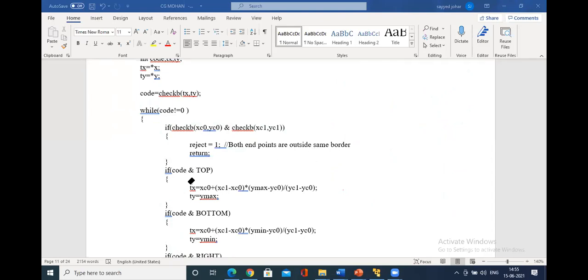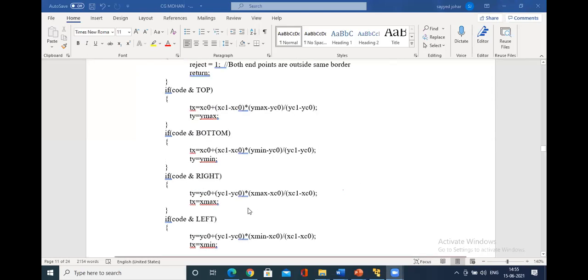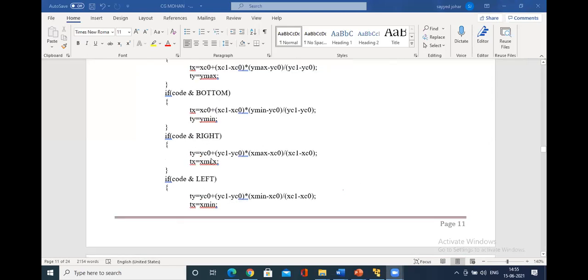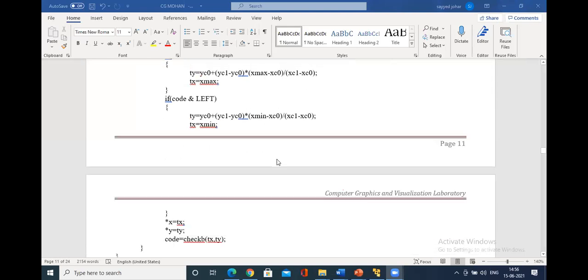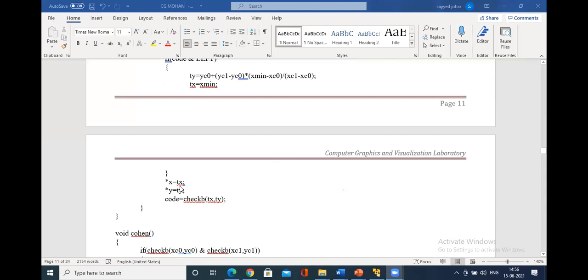This is for the case the line is at the top. This is for the case the line is at the bottom. So at the bottom, how do you clip? This is the direct formula that we have shown you in the PPT for the calculation, where ty equals to clip. If you have solved the problem that I gave for the second assignment, you would understand this program easily. Then finally store the changed value of x and changed value of y to pointer x, pointer y.